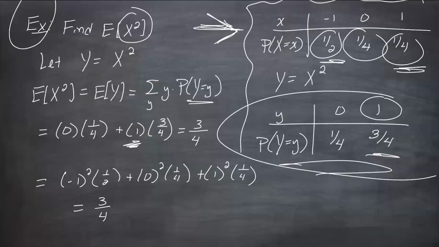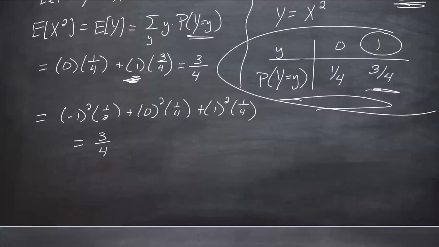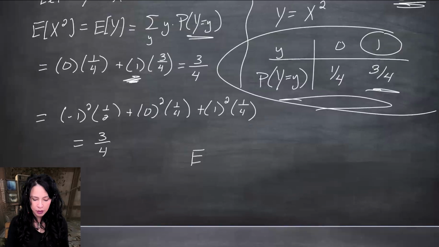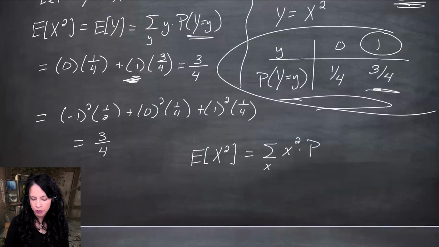So what we did here was we found the expected value of x squared a little bit differently. We didn't think of x squared as a new random variable with its own distribution. We instead summed over x squared by plugging in each possible value of x times its respective probability. The expected value of x squared turned out to be the same thing as summing over all x of x squared times the probability that X equals x.